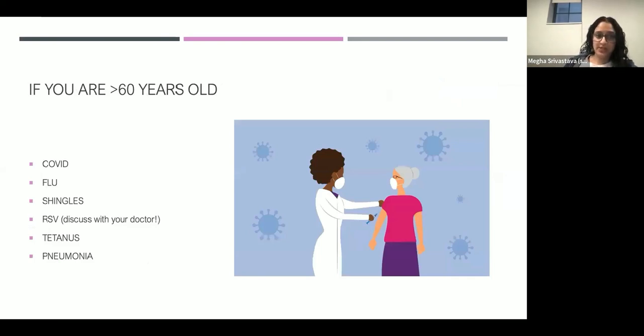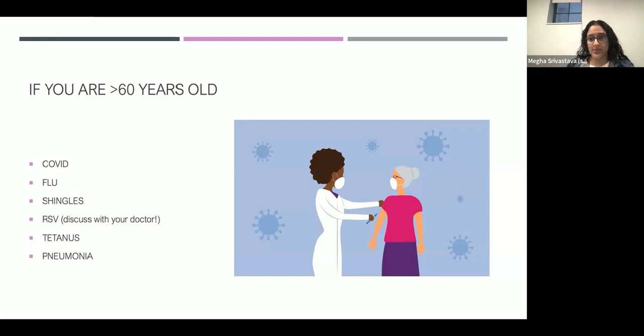So for people over 60 years old, these are the main vaccines that you get. This isn't including some of the ones you were supposed to get as a kid. And if you're unsure of what you got as a kid, that's okay. When you see a doctor, they'll test what your immunity is like to these things. So these are the main ones if you're over 60: COVID, flu. Flu is yearly. We'll talk a little bit about flu because I know that people have very mixed feelings about flu and COVID and getting those vaccines, but I'm just giving you what the general recommendations are right now.